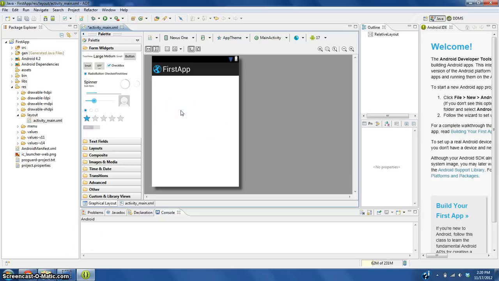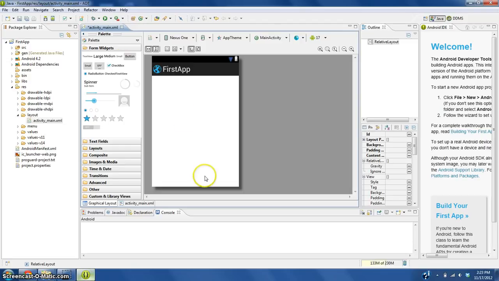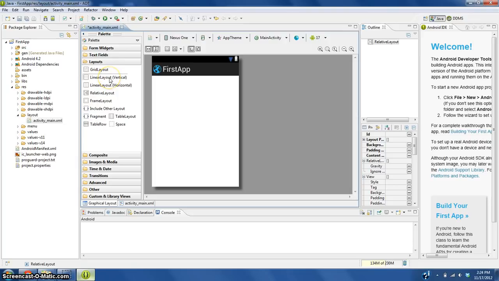This is our first application. So, what I'm going to do on this application is show you how to make a functional application that's easy to make, that you can do a bunch of stuff with. So, let's see. First thing that comes to mind is a program that adds two numbers or multiplies two numbers. So we are going to delete the hello world to start out with, and yeah. Now, the first thing we need to add is a layout, and what it's called is a linear